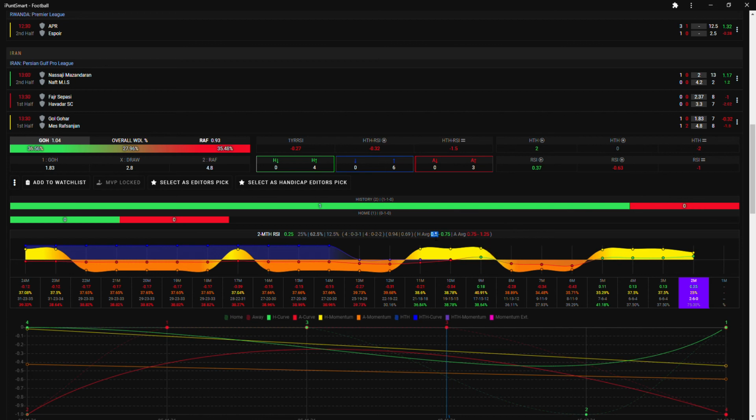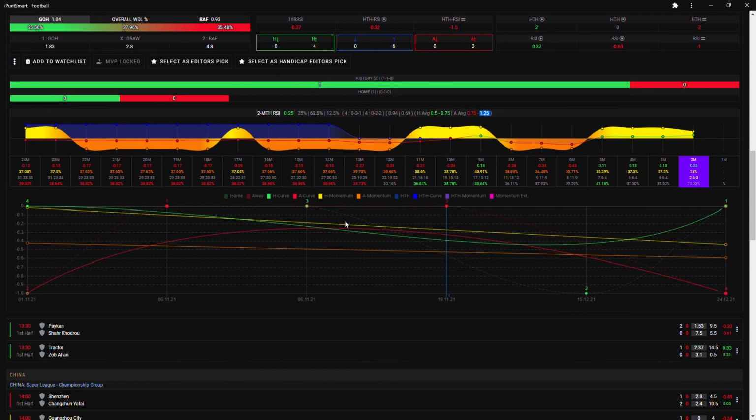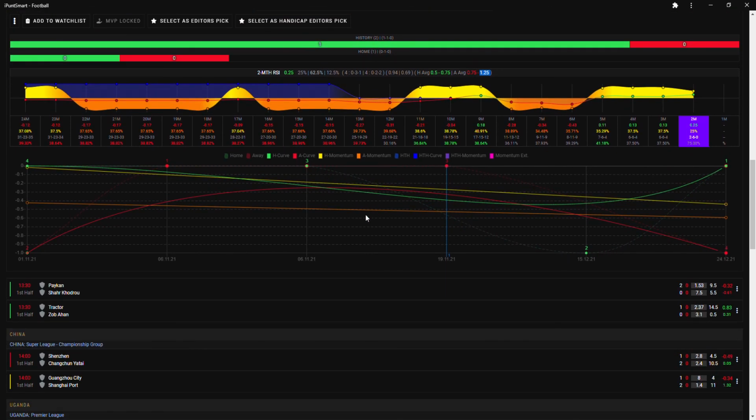So this is home achieved, this is home conceded, this is away achieved, and that is away conceded. So that means away conceded, they do concede at least one, on average 1.25 in their last 4 games here, and we're having a 0 here, so I'm expecting them to score at least 1 goal. So BTTS, both teams to score, is on in that game,